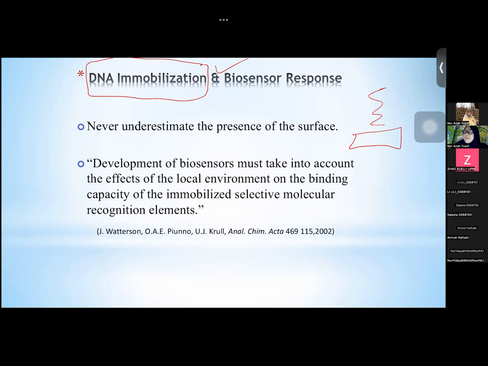Okay, so the quote here: never underestimate the presence of the surface. In development of biosensors, we must take into account the effect of local environment. What does it mean, local environment? It is because the samples that you use to test are in complex conditions. Let's say you're using sputum, saliva, blood. You can imagine the content in the blood. There are so many other things, and you expect the small biomolecule inside to go to the receptor and interact, because there are so many interfering